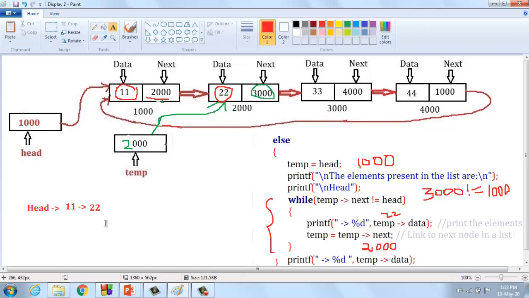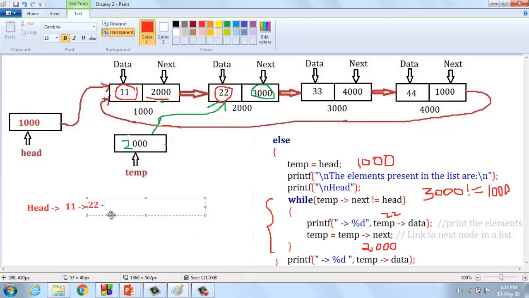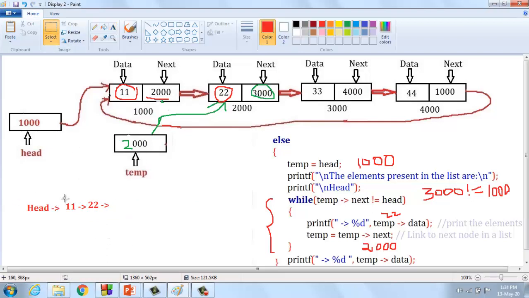I'm getting output like this, 22 followed by arrow.